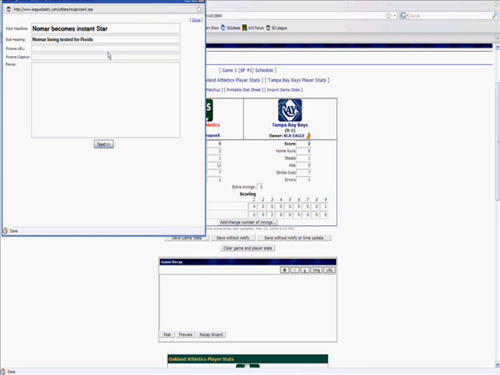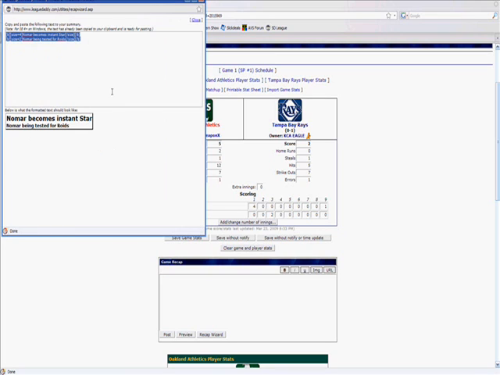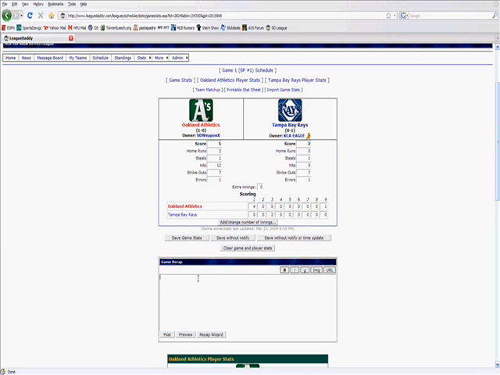And you can search through Google Images and actually right click on any image you find, and it should say copy image location. Paste that right here in the picture URL, type in a little caption for it, type your story, hit next. What it does is you're going to copy that's selected right here, and you're going to post it right here in the game recap. After that, you're going to hit post,